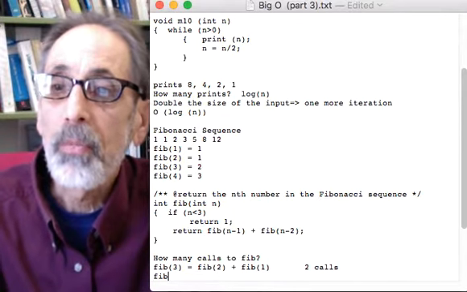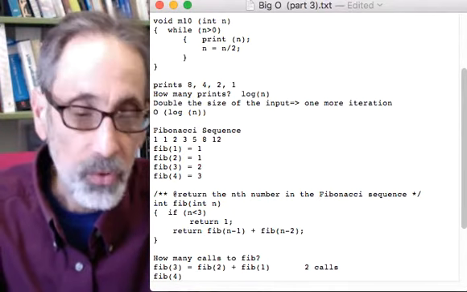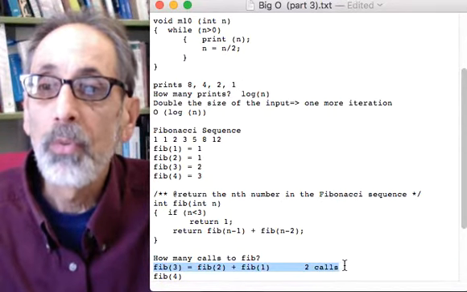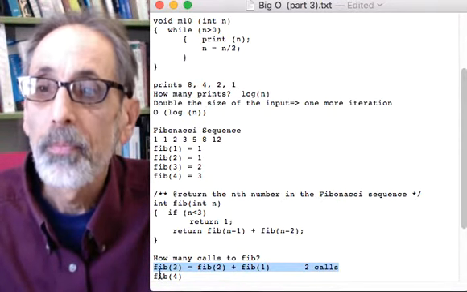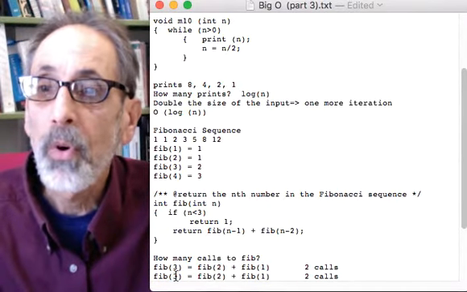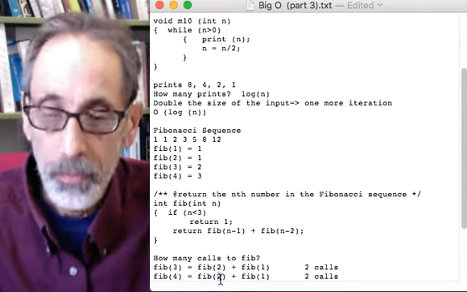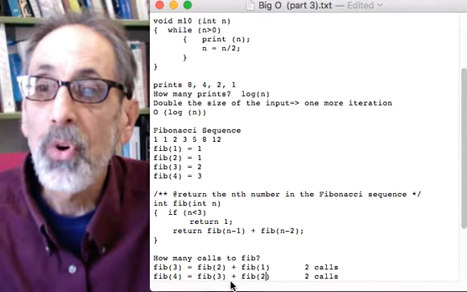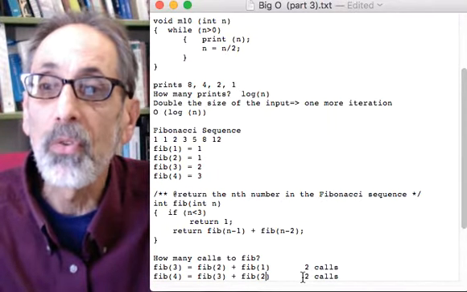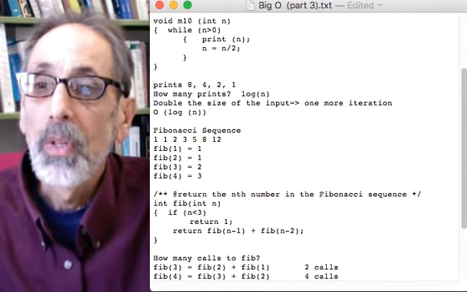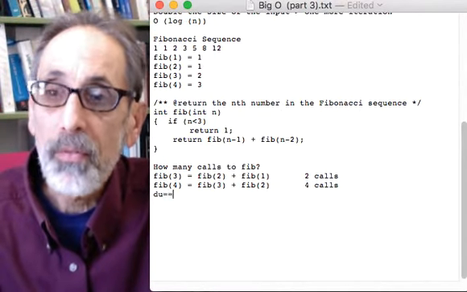If I call fib of 4, fib of 4 is going to be fib of 3 plus fib of 2. So I have 2 calls here, and then fib of 3 there are 2 calls, so it's a total of 4 calls to fib. And then with fib of 5,